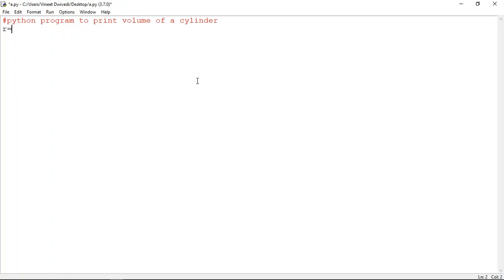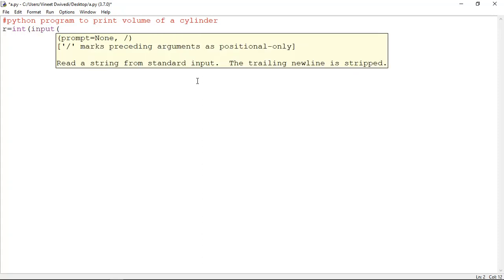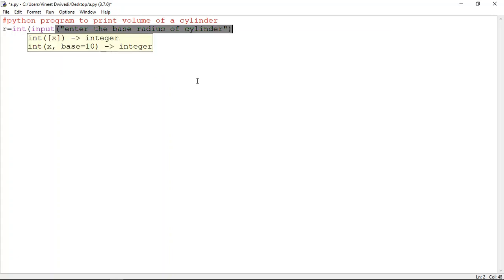r is equals to, you want it in the integer type again, so int input, enter the base radius of cylinder. Close this bracket, again close this one.